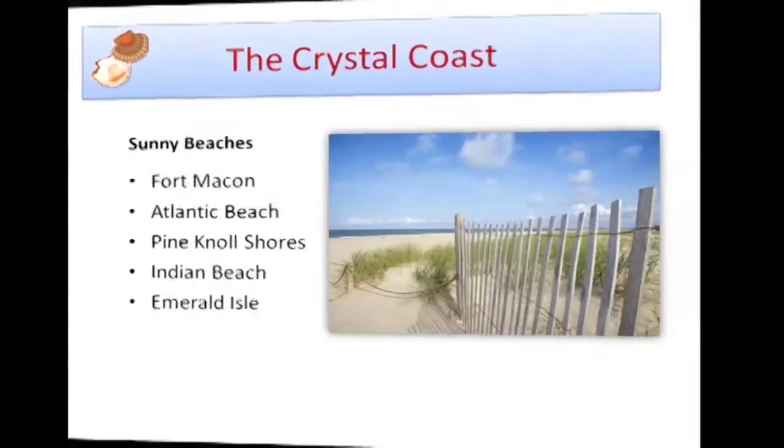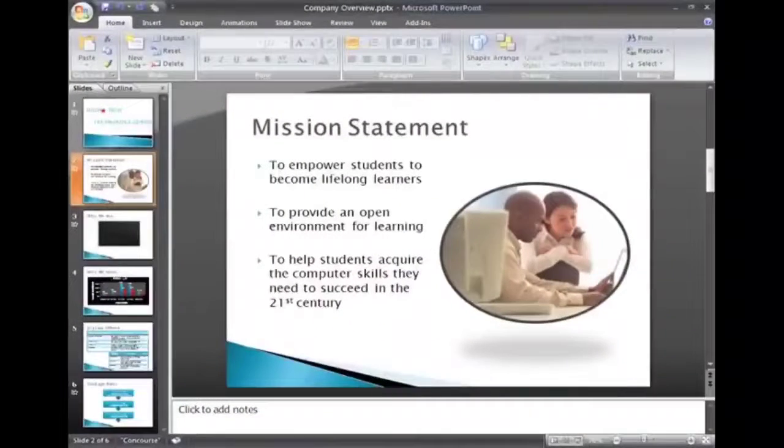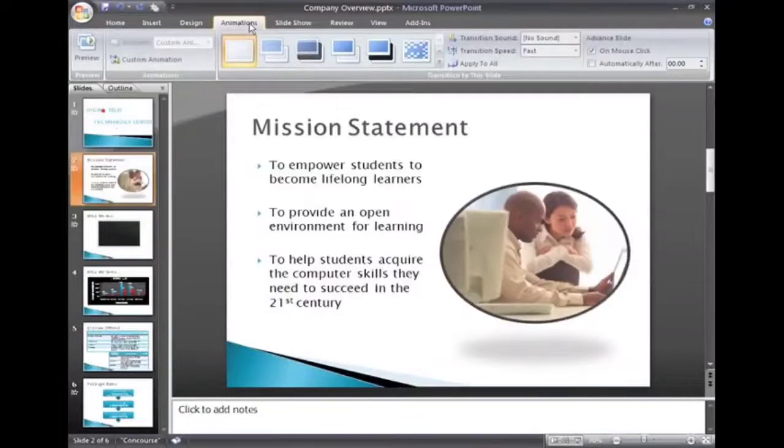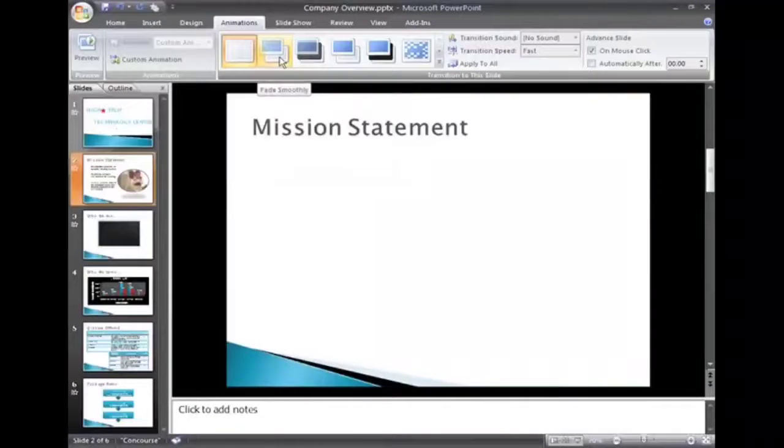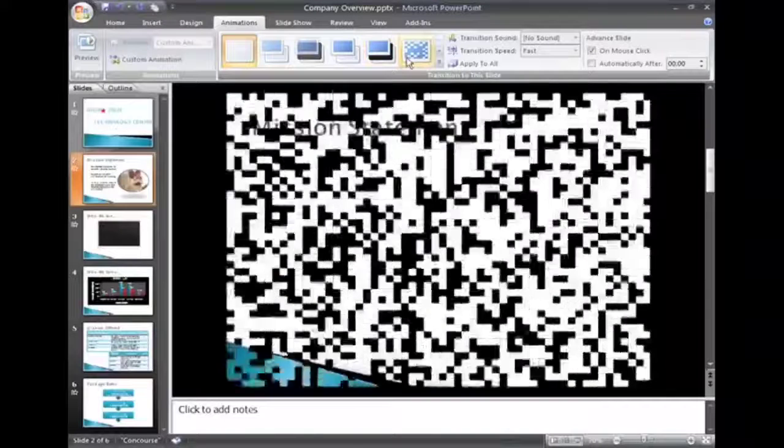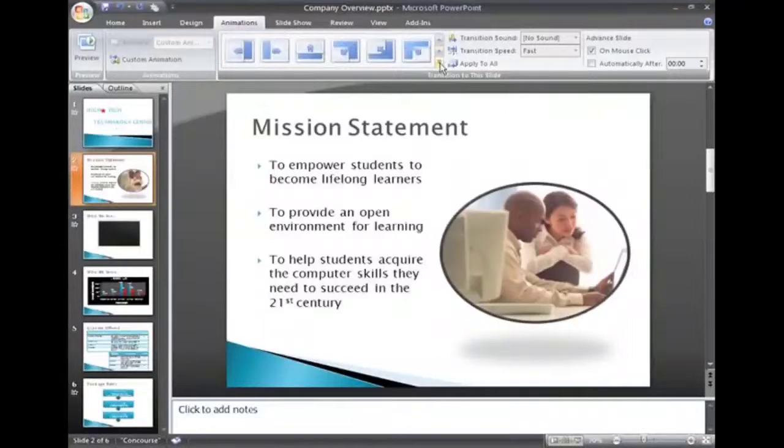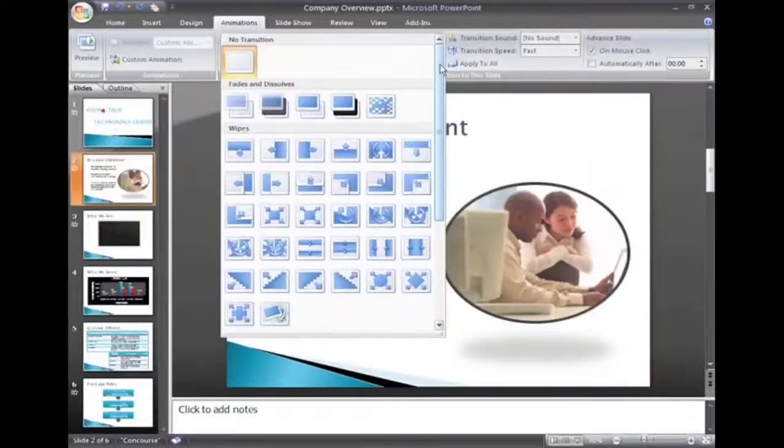For that, see this way the slide is moving now, this way we can insert the slide transition effect. To insert the slide transition effect, first you need to click on the transition tab. Okay, from the ribbon select the transition menu. From the menu you will see that there are different types of slide transition effects given. If you click one by one you will see the effect on the slide also. The first one is no transition.